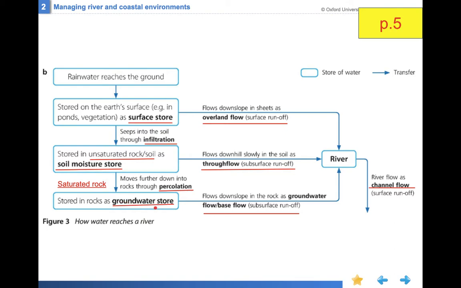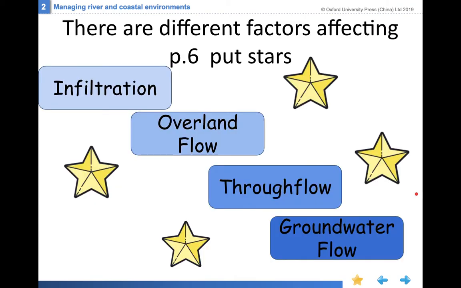So the groundwater will flow downslope in the rock as the groundwater flows back to the river. And the water flowing inside the river is what we call a channel flow. It is also a kind of surface runoff. Okay, so this is how the water runs in the water cycle and how it will reach a river by